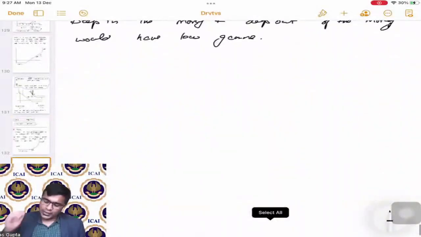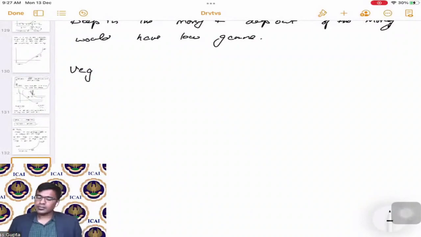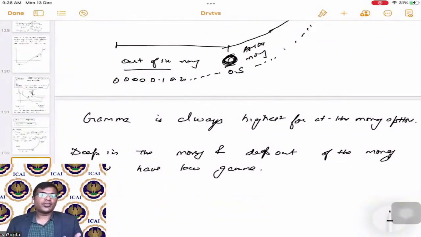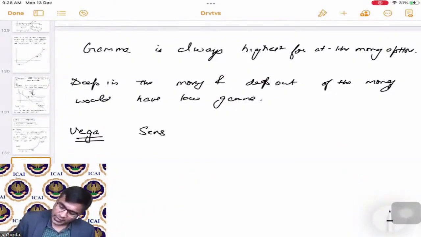Now let us come to the third Greek, which is vega. Now, what is vega? Vega is actually, it measures the sensitivity of option. Now, as I told you that there are 4 factors that affect it. One is the spot price. For spot price delta, we have already studied. Second one is the gamma itself, which measures the rate of change in the delta itself. Then third one is vega. Vega is actually sensitivity of option price